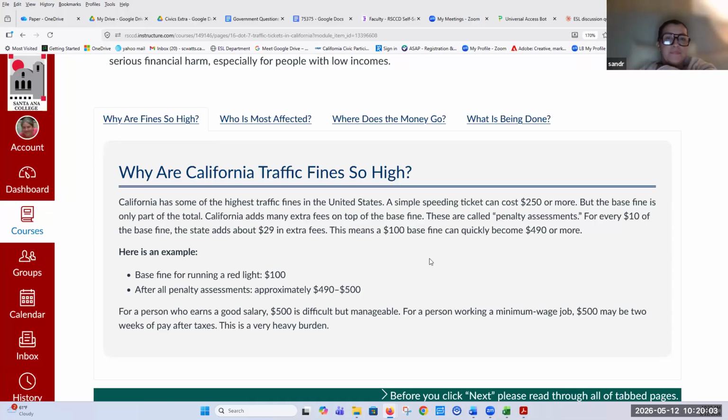Okay. That'd be interesting to see. Do you actually get the actual total on your ticket that day, or do you have to wait for something to be mailed? It may depend on the police. Can the police put the amount on the ticket? I don't know. I'm just asking you, do you know? I'm not sure, no. No, but I will Google that after we finish this. Yeah, that's a good question.